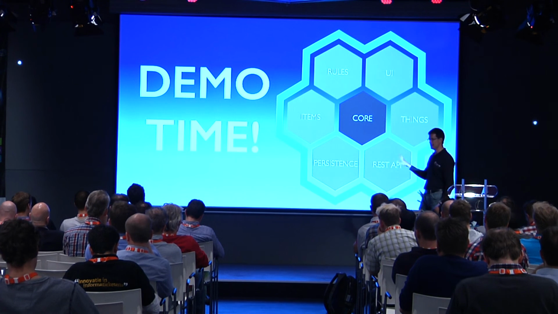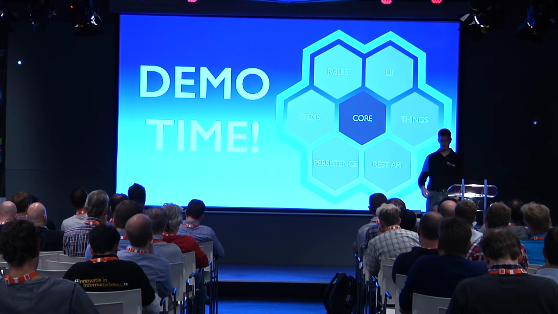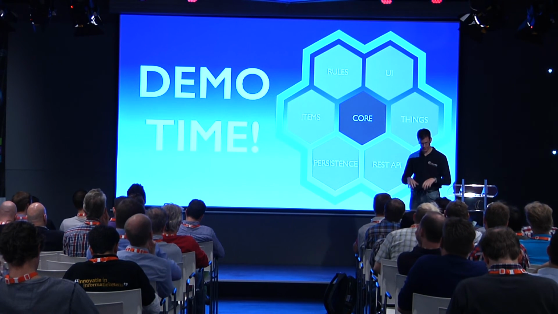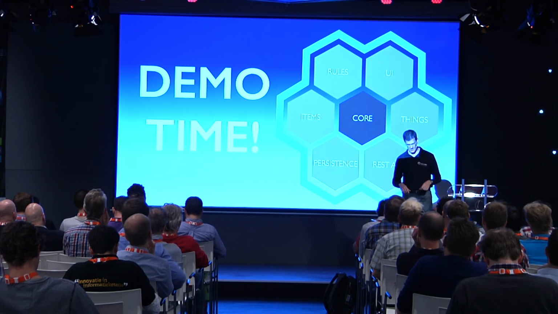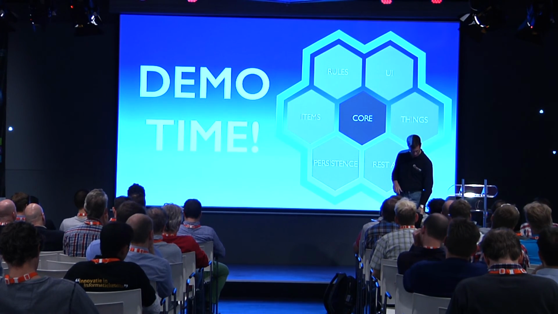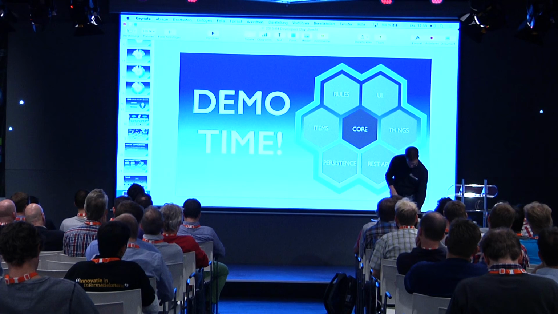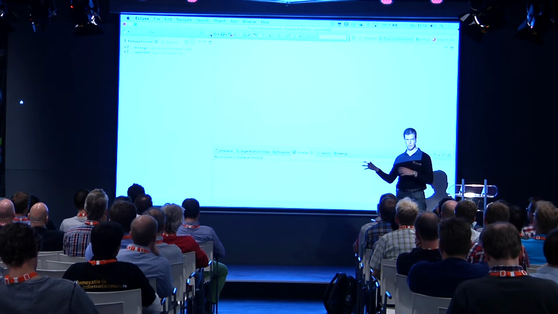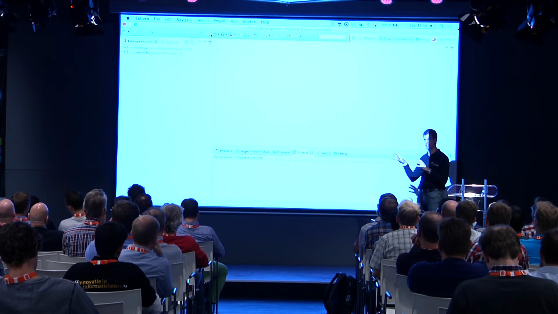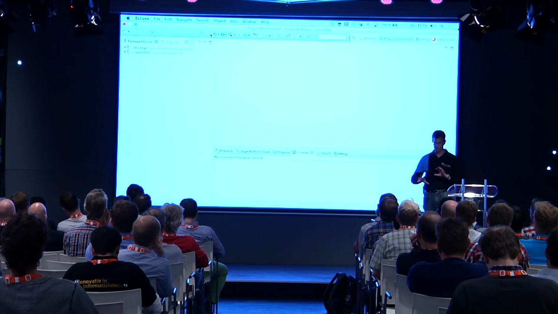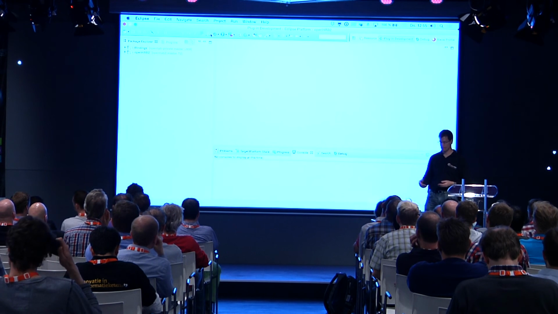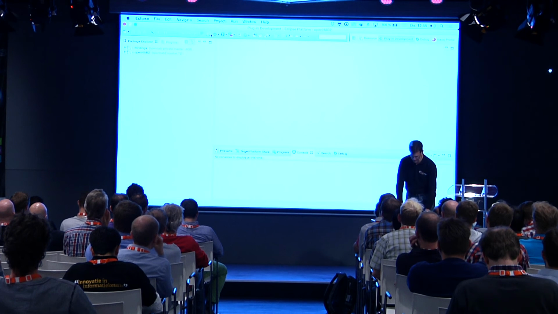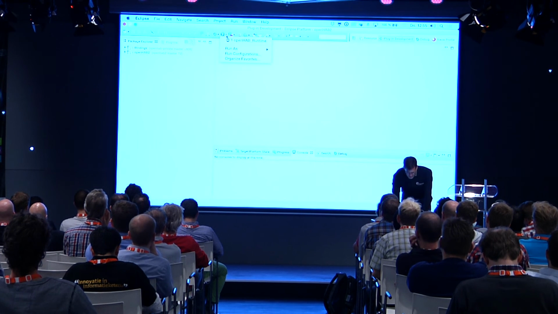Now, enough of the talking and the abstract stuff. We're here at an IoT conference, and the good stuff is that everybody brings some real hardware and not just slideware. So I have, first of all, my Eclipse IDE, where I have openHAB 2, which is the new version of openHAB, based on Eclipse SmartHome and bringing these new concepts, installed here, so I can start that right within the IDE.